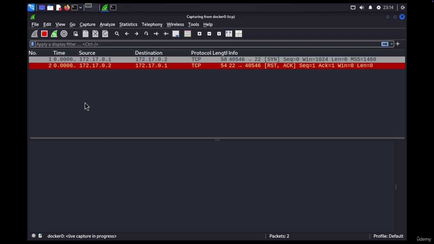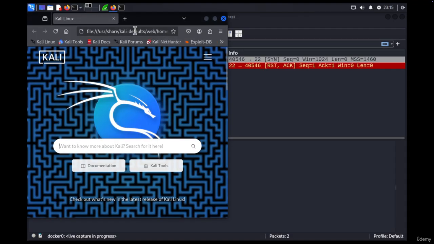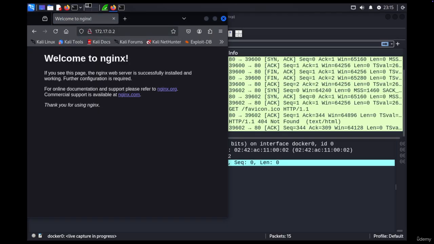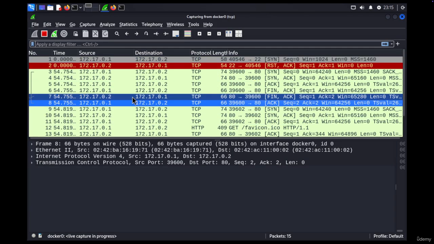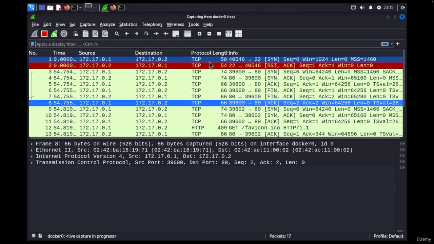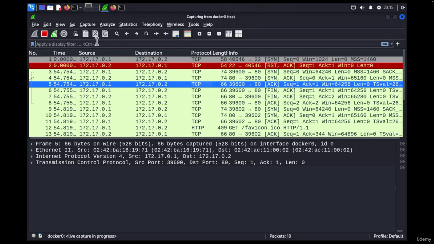So let's say now you want to apply display filters. You've already applied the capture filter, TCP, but now you also want to apply display filters. One more thing is that I'm not seeing the web traffic, so let me just trigger that as well, 172.17.0.2, the Nginx container. Okay, so now we have a healthy combination of traffic. Now after applying this capture filter, I also want to apply a display filter, which we discussed last time. So here you can see the nmap traffic, as well as the web traffic. Now let's say I just want to see the nmap traffic, in which case I know that